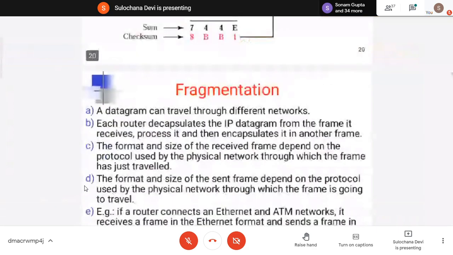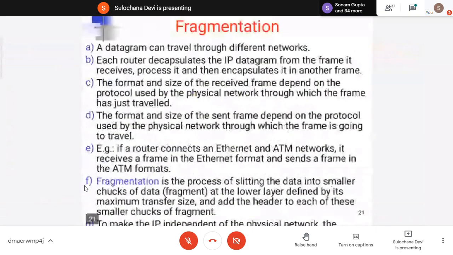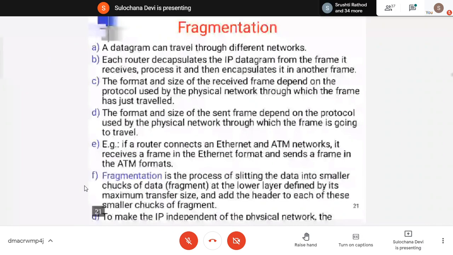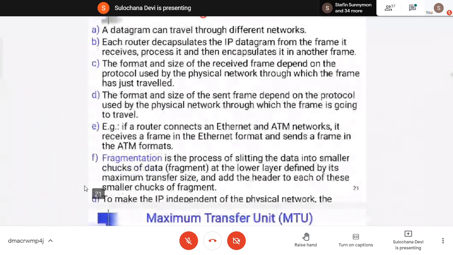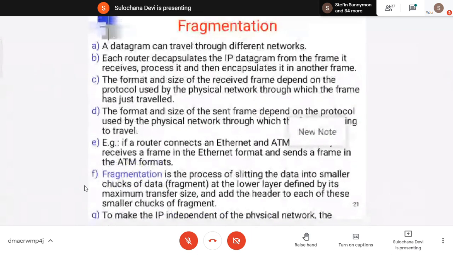Fragmentation part, as I told you, when we transmit the data, it is going to travel through multiple networks. Okay. We may be using Ethernet. When our data is passing through, in between there can be a token ring, there can be FDDI, there can be different networks, and different networks have their different protocols, their minimum transfer unit size, and everything. We call that the MTU.